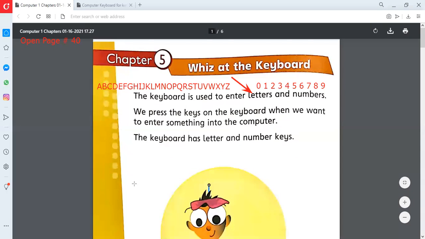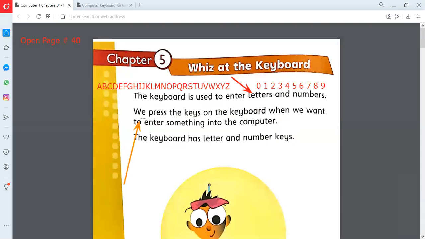On the second line, we press the keys on the keyboard when we want to enter something into the computer. So we use keyboard for typing or writing something into the computer.